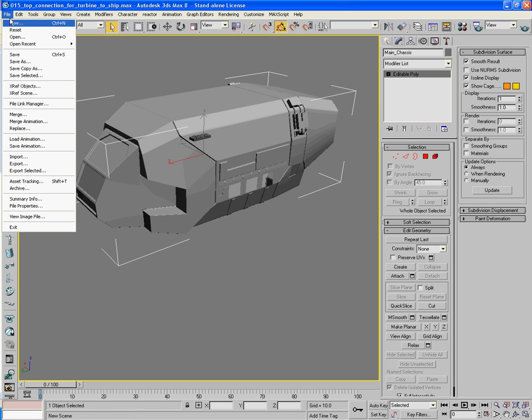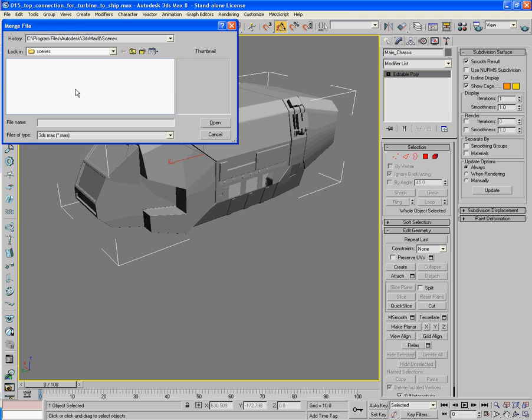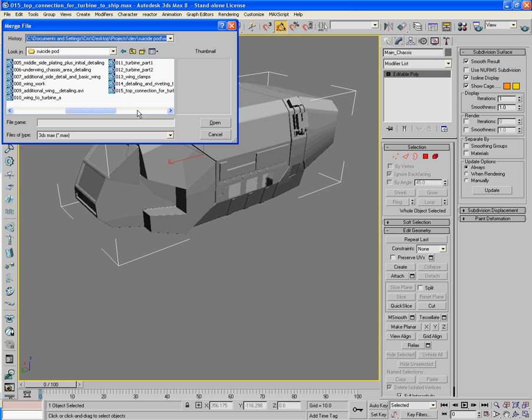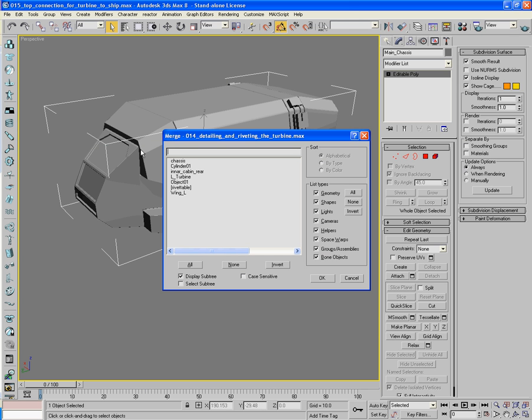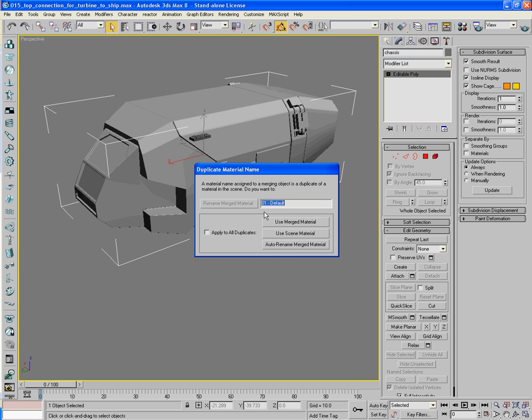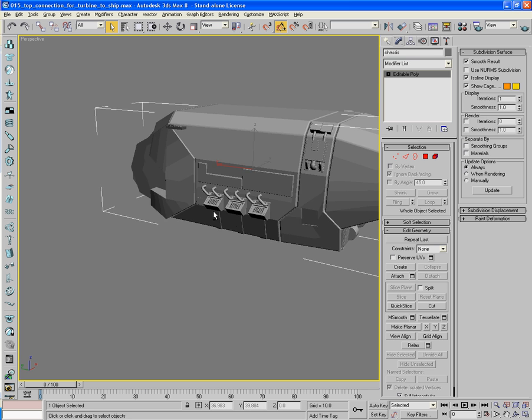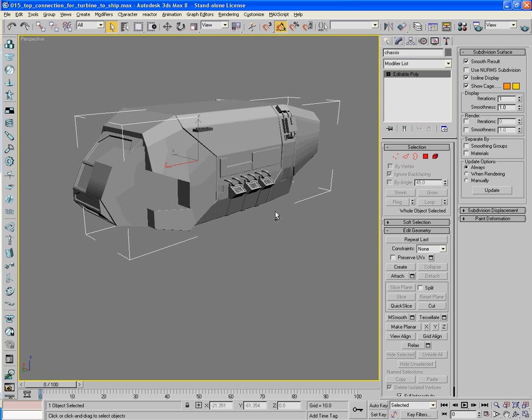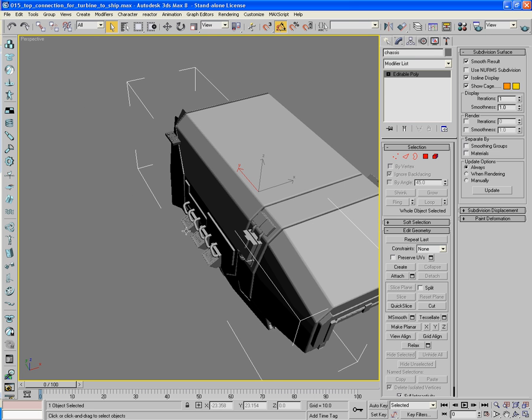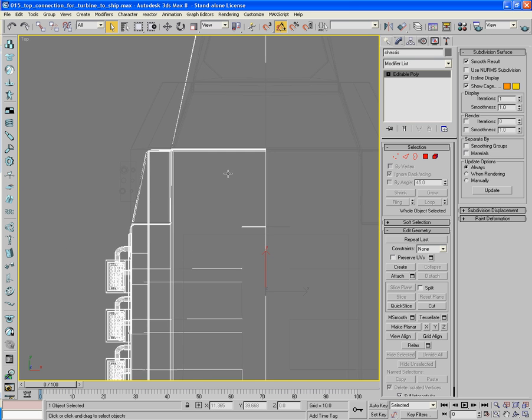Now if I do a merge, and I'll just go to a previous, something like 14. Here we are, detailing and riveting. And I'm just going to choose the original chassis, which is there, and use the merge material. It's quite good actually, because you get to see what it looked like when it had the old front as well. Now go to my top viewport, because we're still on the chassis here,